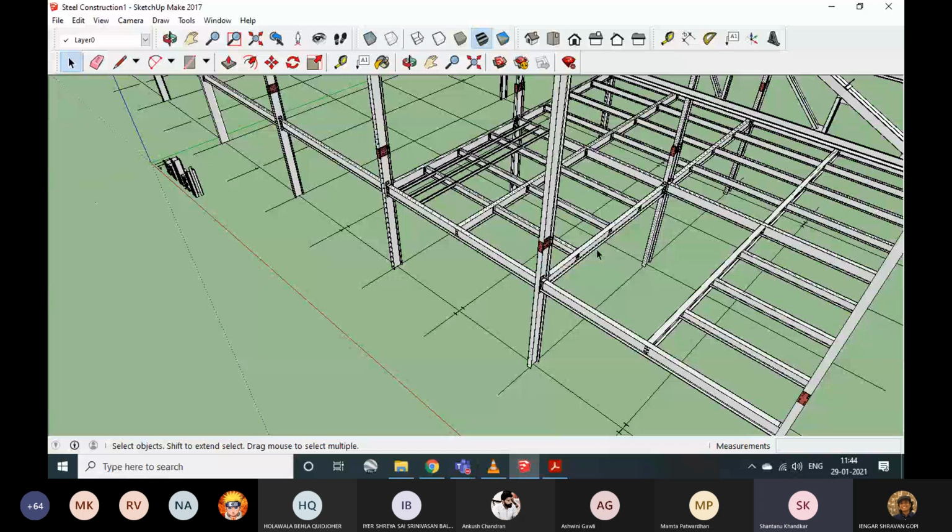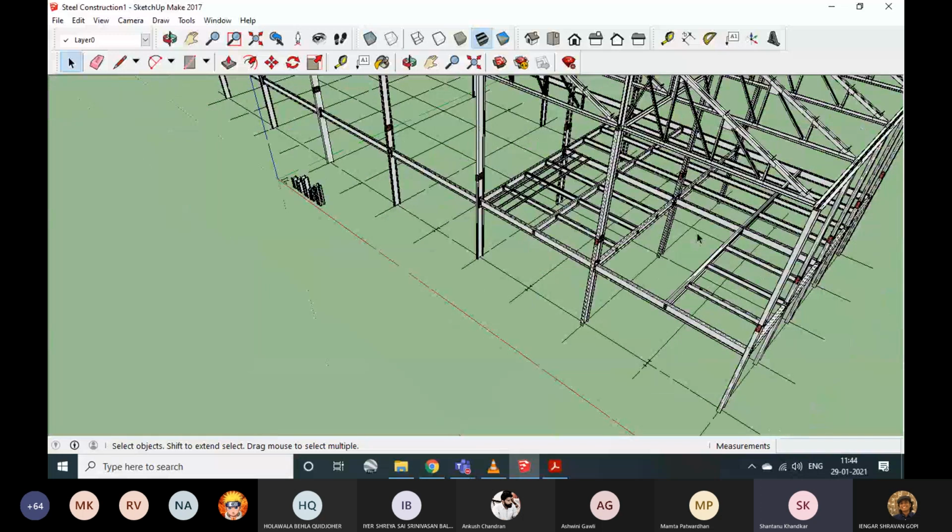So again, the density of the grid that you're forming in your floor depends on the kind of floor covering or the kind of finished floor that you're thinking about. If it's a timber floor finish, then you have to have a denser kind of floor framework. If it's an RCC floor, it would probably be okay for you to work with a less dense sort of structural floor member. Okay, all right.